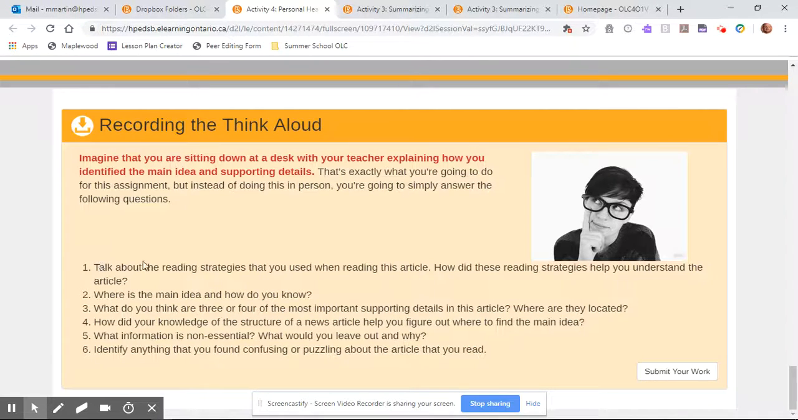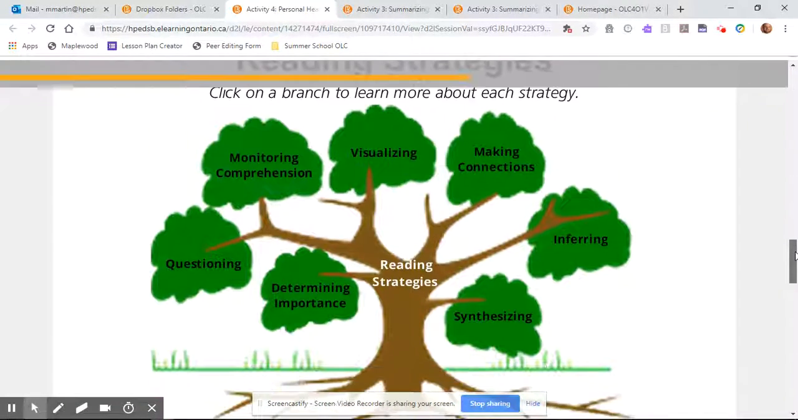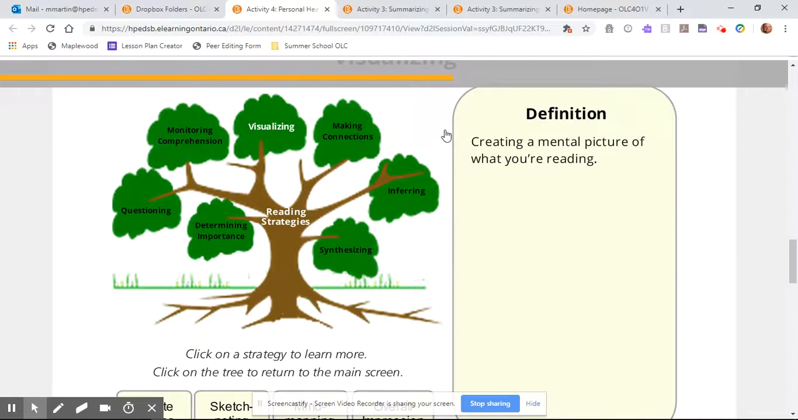The first one is: talk about the reading strategies that you used when reading this article. How did these reading strategies help you understand the article? That's when you need to go up here and talk about using at least one, if not more, of these reading strategies. What I'm looking for is you showing that you understand what these mean. If you're talking about visualizing, you need to show and explain how you created a mental picture while you were reading. Or if you were talking about inferring,